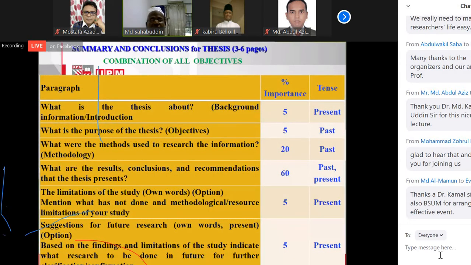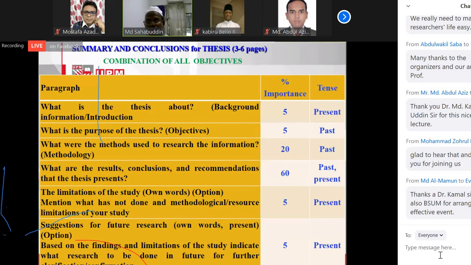For the thesis, master's or PhD, the last chapter we call summary and conclusion. In this case also same thing, KSI. We fix the key point, make a sequence among the key point, and make a percent importance according to the importance value. So here we identify around 6 key points. And we also give the proper sequence, and also percent importance. Because everywhere the sequence is very important and percent importance is very important.